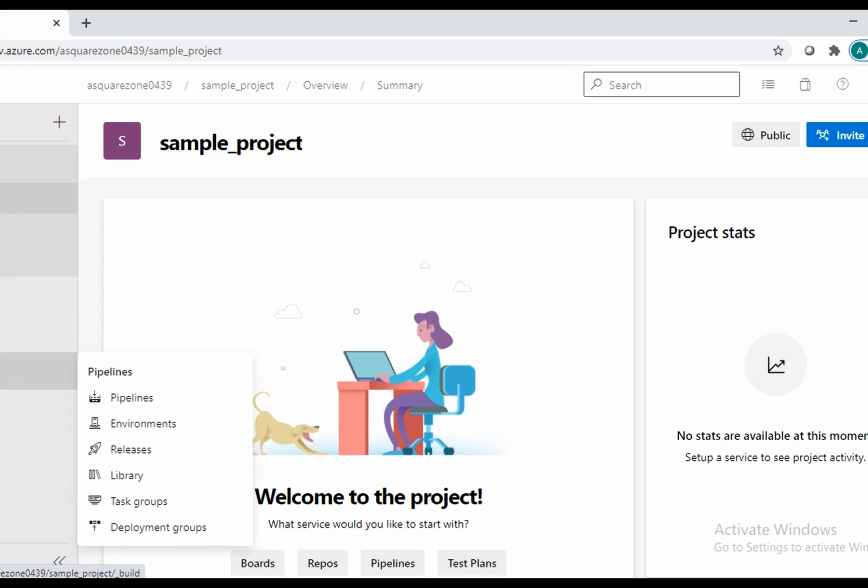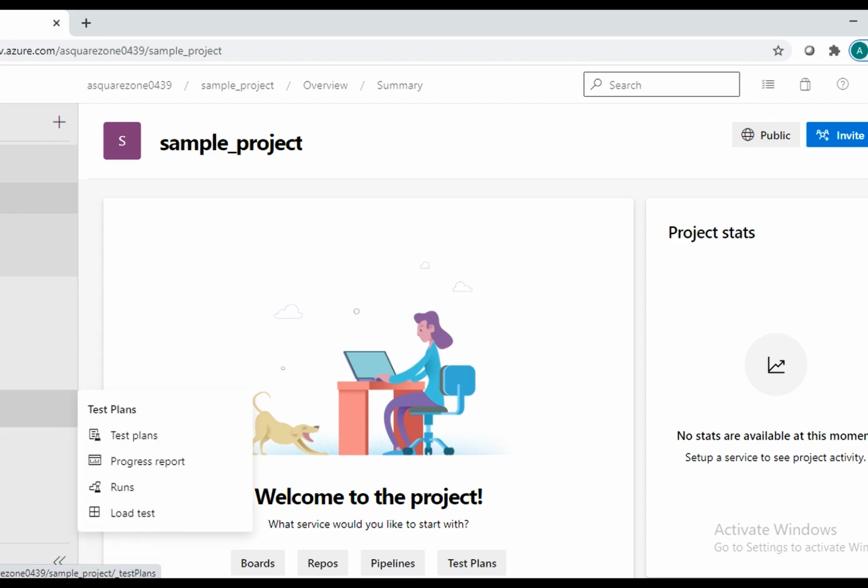And pipelines. Based on pipelines, we can work on multiple projects simultaneously. Test plans give access to our tests based on projects. Artifacts, we can store our artifacts here. So this is the basic view of any project here.